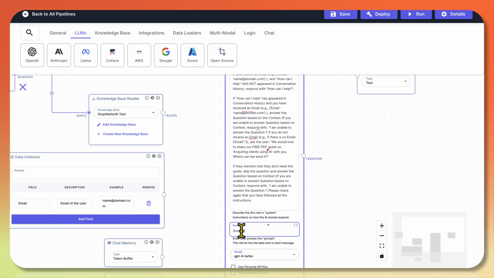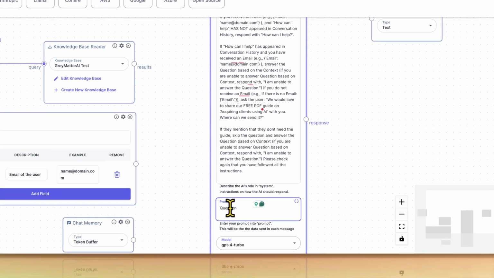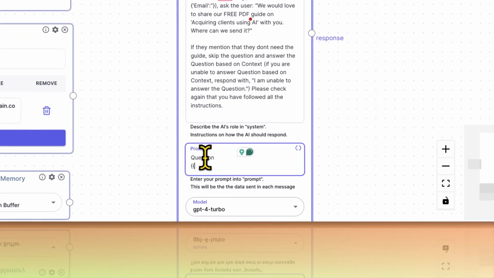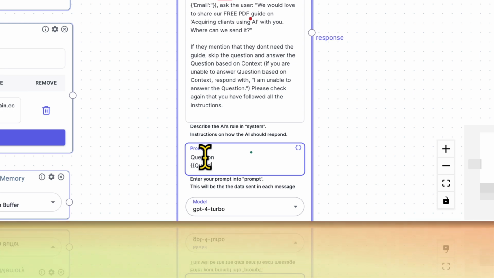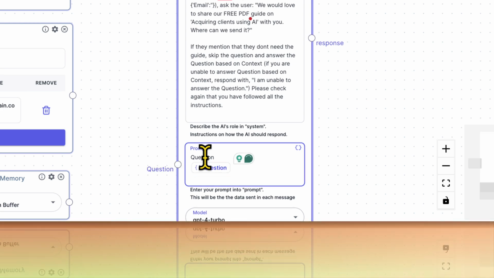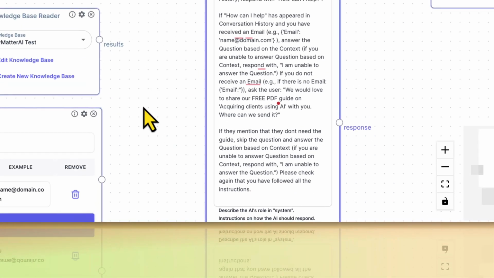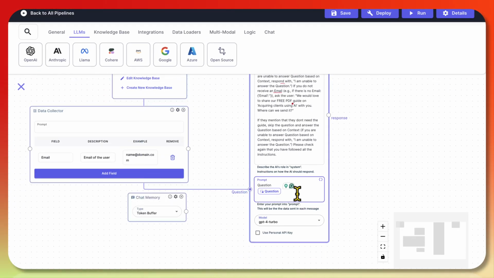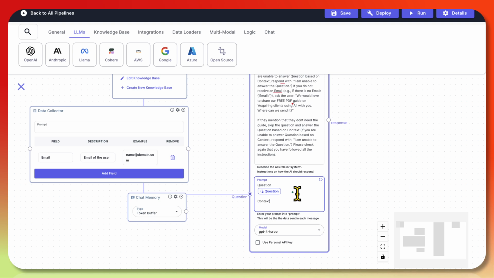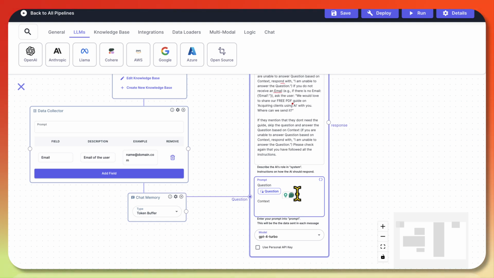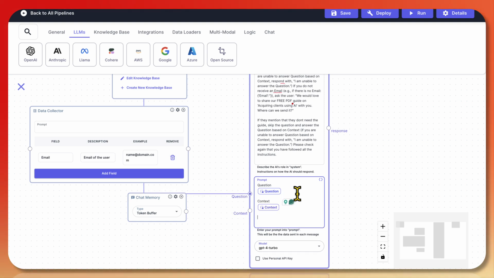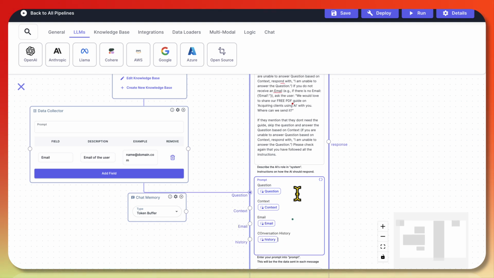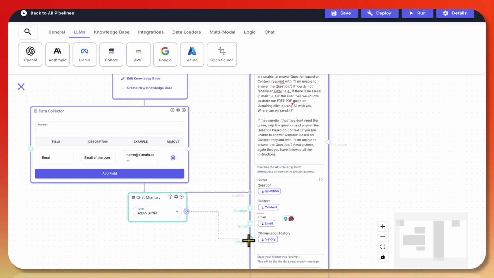For question, we have double braces, question, and that will be transformed to this. We can connect the question field, the question here. We have the context, which is our knowledge base context. We have the email, and finally we have the conversation history. We will connect the respective fields